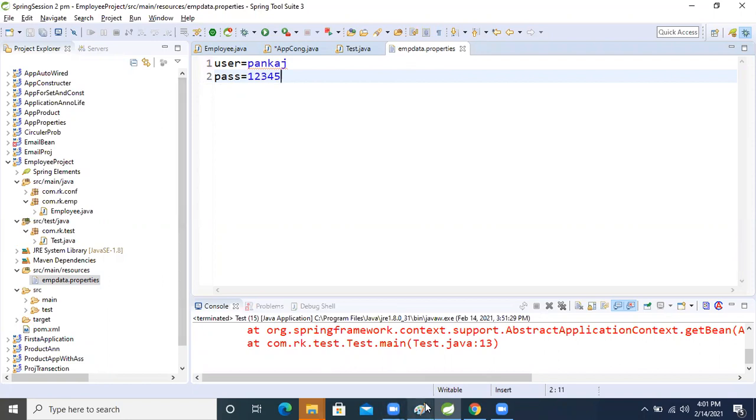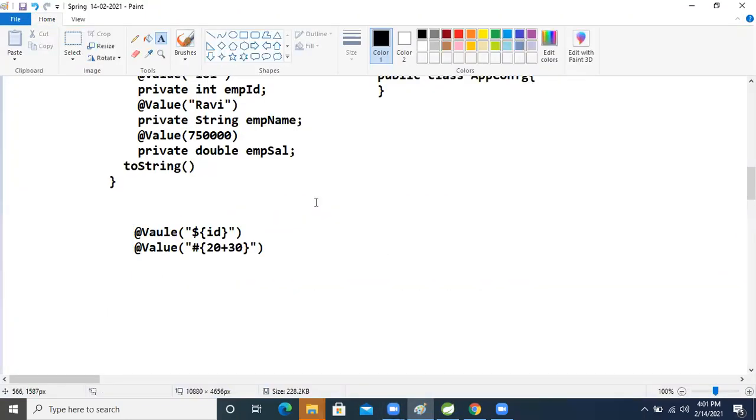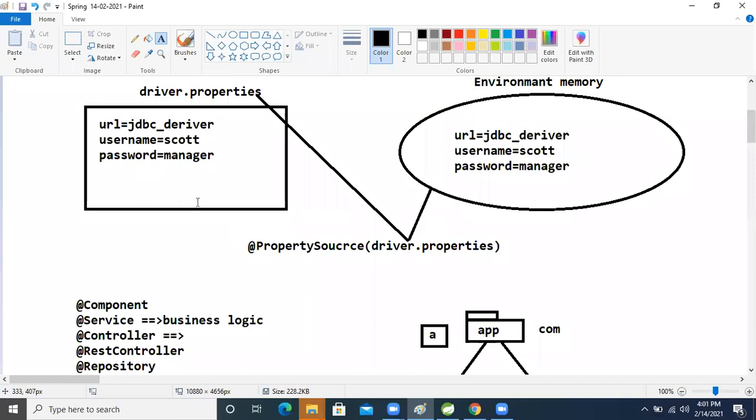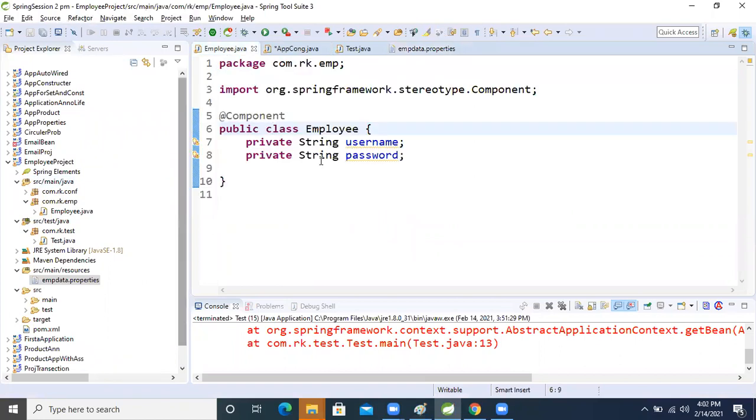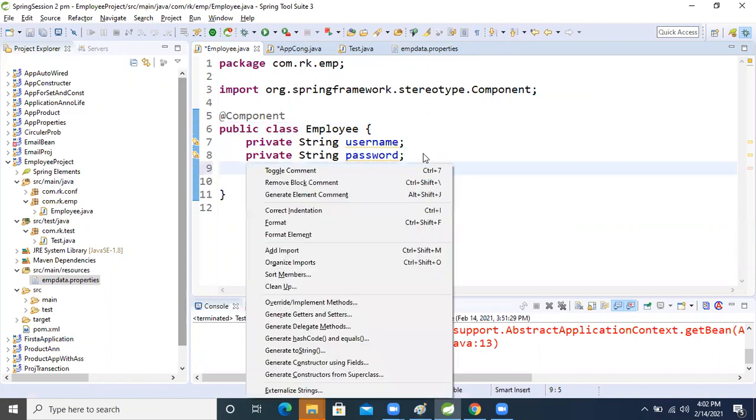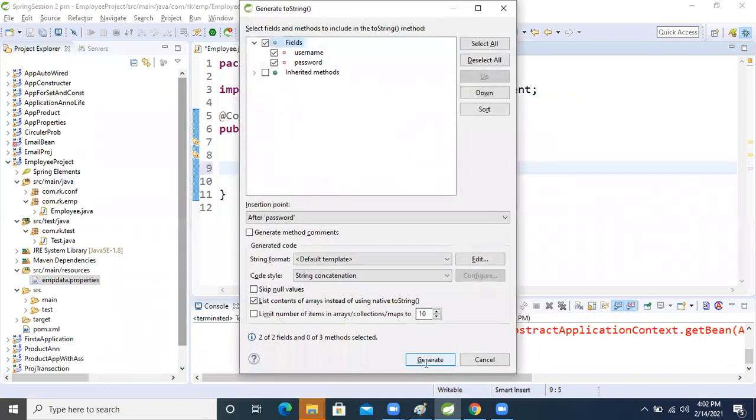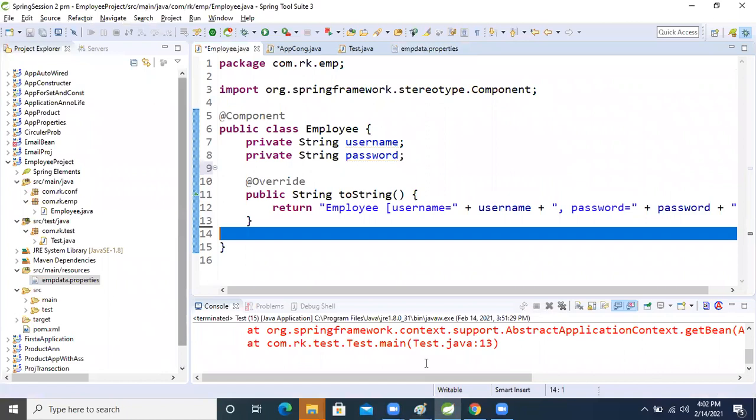So I said that environment, what is that? In Spring, to read that, we take the @PropertySource annotation, and inside that we apply this property file, right? So what will we do now? We will create a configuration. Already we have the Employee bean, right? Inside it there are just two strings, Alt+Shift+S then S, and I'm overriding toString, nothing more than that.